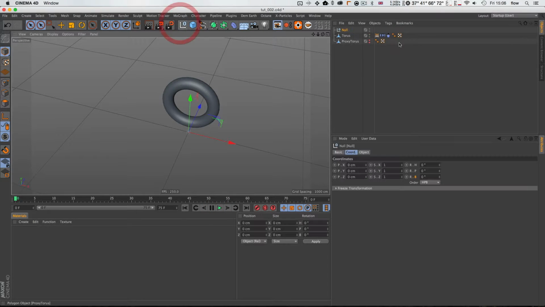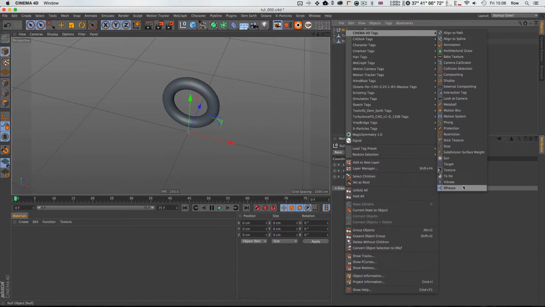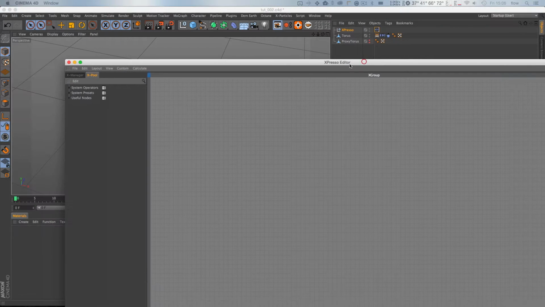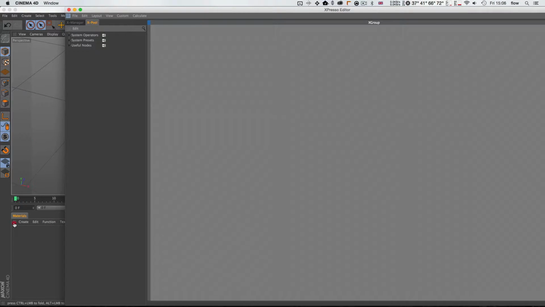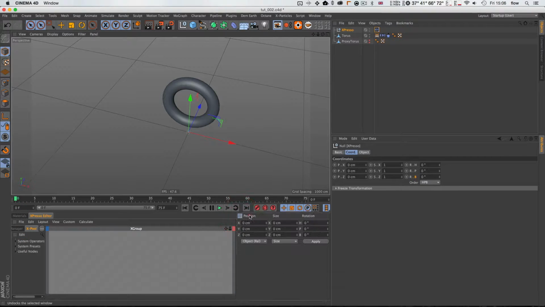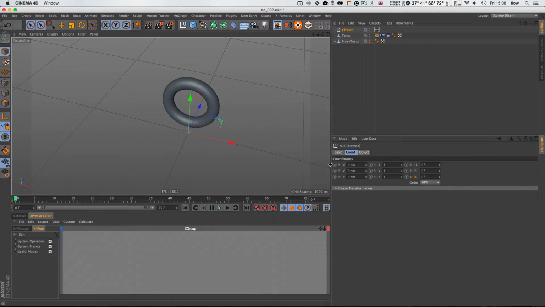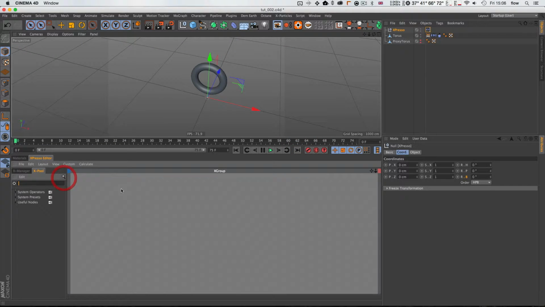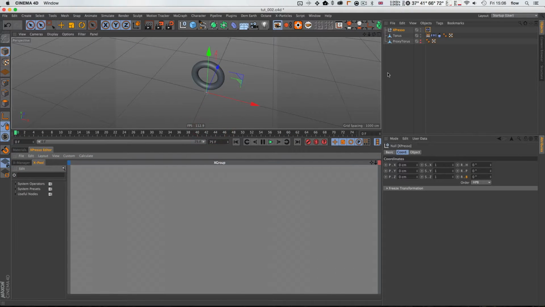I will make a new null and put an XPresso tag on it and maybe call it XPresso, and get our editor here and move it down there. Close this guy and give us a bit more real estate here. Very nice. Okay, so what we want to do, we want to generate a vertex map based on the falloff of an